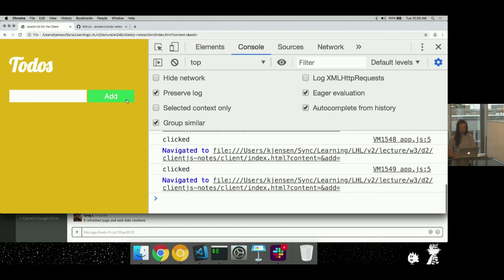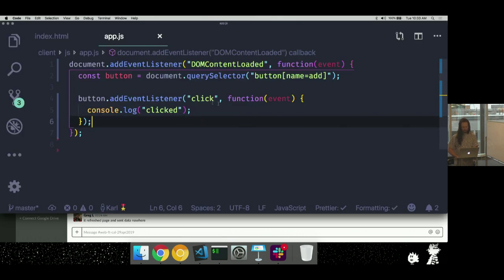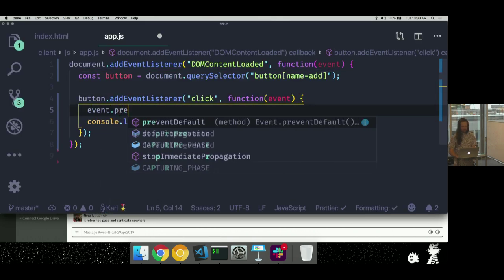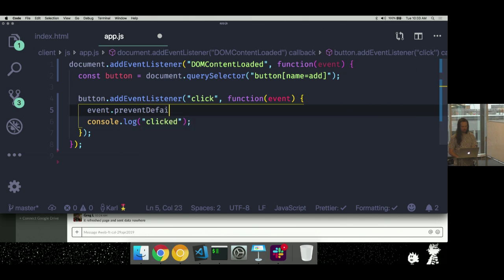We can see exactly what's happening. So how do we prevent the default behavior? I'm going to show you. You don't have to have the answer to that. event.preventDefault. Okay, so because the event is passed to every single one of these, it also gives us this